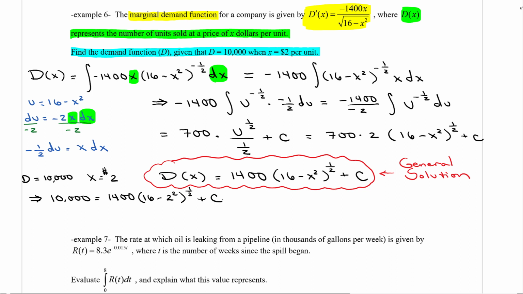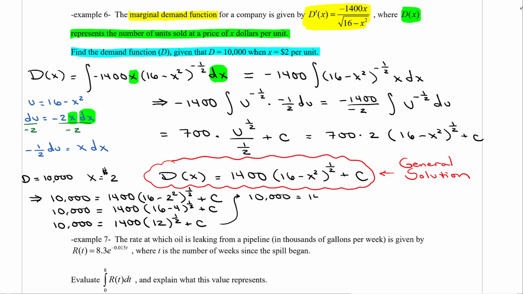Next line will be 10,000 equals 1,400 times (16 minus 4) raised to the 1/2 power plus c. Next line, 10,000 equals 1,400 times 12 raised to the 1/2 power plus c. And then our next line here will be 10,000 equals 1,400 times the square root of 12 plus c. And then we will have 10,000 equals 4,849.74 plus c. c is going to be approximately equal to